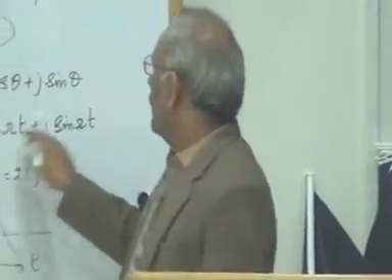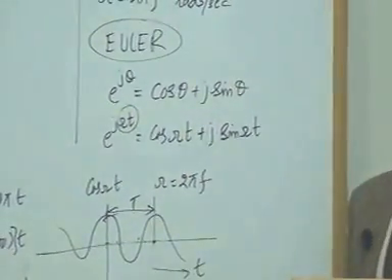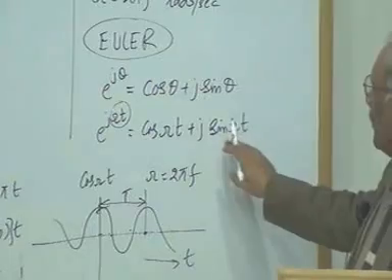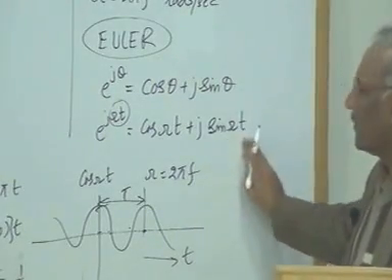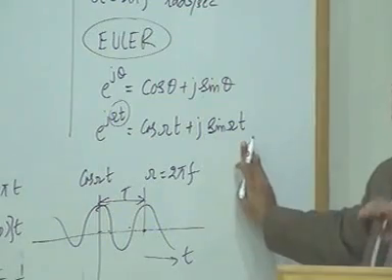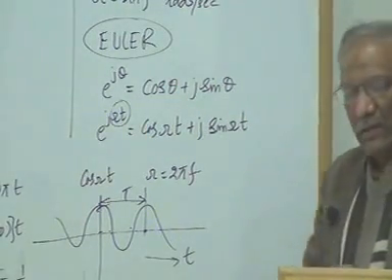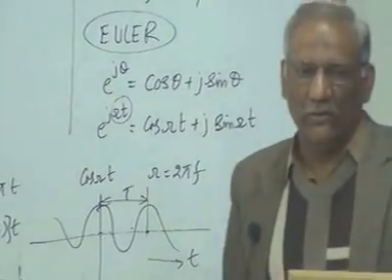Now if we look at this, this is a single frequency, a real frequency. Now this is also the same frequency. Sin omega t and cosine omega t, both of them are sinusoids. One has about a 90-degree phase difference to the other.